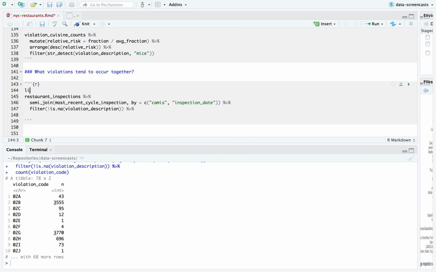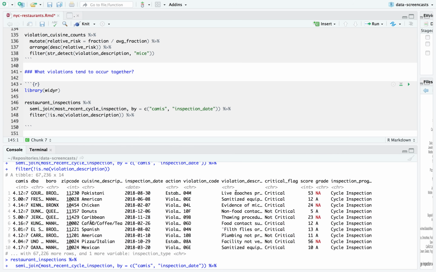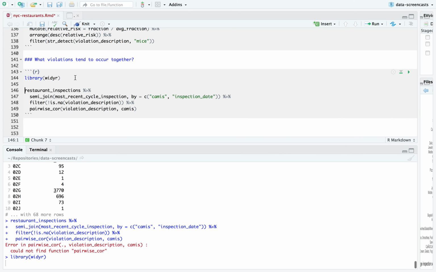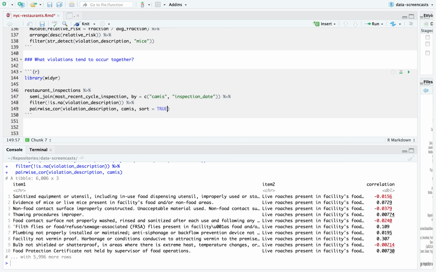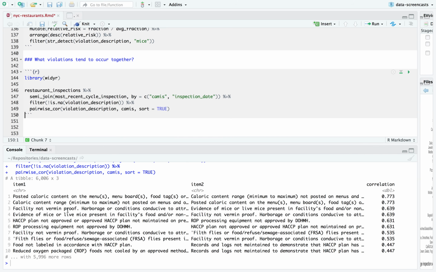Because what I'm going to do is use the widyr package. We've used it a couple of times in these screencasts. It's very good for finding comparisons between values, like between this description and another description, seeing how often they occur together. So I'm going to say pairwise correlation between violation descriptions occurring within the same restaurant, the same restaurant ID, and I'm going to add sort equals true to pairwise correlation. Okay. All right. The most common pair is,